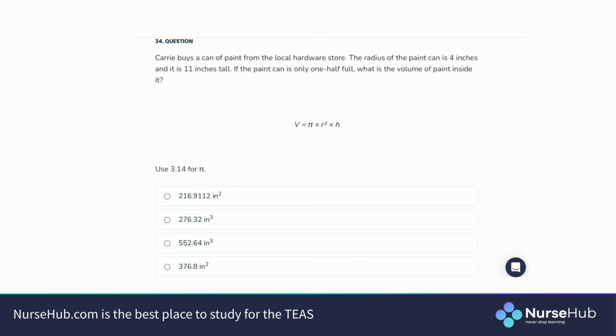So in this case, we're going to use 3.14 for pi. Good, we see that down here. So we're just going to plug in. So I know that V is equal to 3.14 times r squared, which is radius times radius. So my radius is 4, multiply by 4 again, and my height is 11. So I'm just going to multiply all those numbers together. So 3.14 times 4 times 4 times 11. And that's going to give me